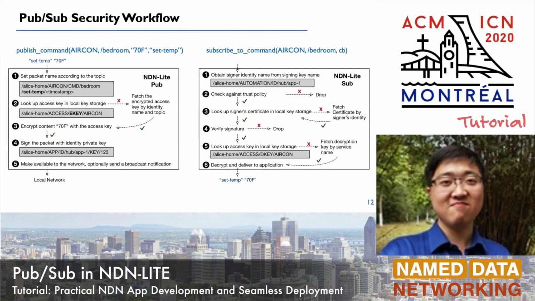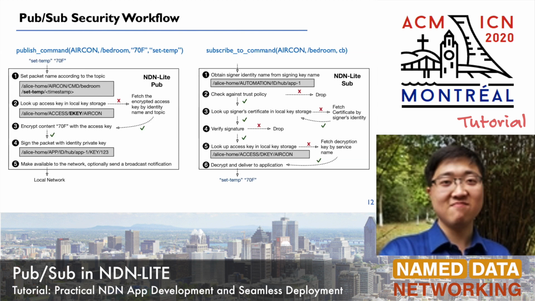If this trust policy check passed, it will look at the signer certificate in the local key storage. Of course, if there's no certificate here, it will send an interest out to fetch the certificate back, because we know that a certificate is another piece of named data. And after verifying the signature of this data packet with the fetched or locally cached certificate,